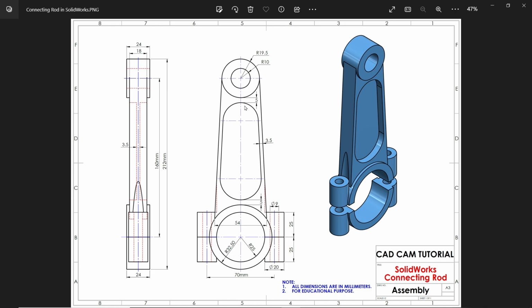Now you will see the dimensions. Overall length, the center to center distance, you will see 160 millimeter. Or overall length 212 millimeter. But the radius 19.5. The inside hole radius is 10 millimeter. Now here at the bottom, 25 millimeter for this inside hole, and the outer radius